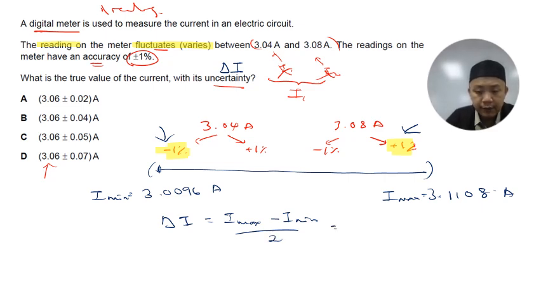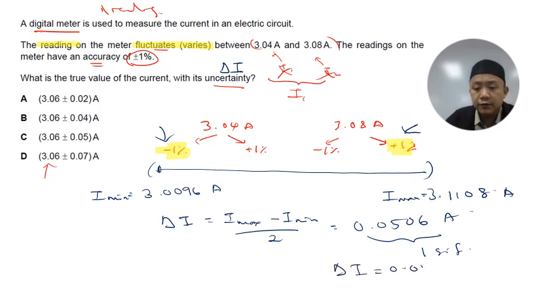So it will be 3.1108 minus 3.0096 divided by 2. So you will get here 0.0506 ampere. This will be your uncertainty. However, always remember, all uncertainty values must be up to only one significant figure. Okay, so automatically you will know that the uncertainty for the current will be 0.05 ampere. So the answer is